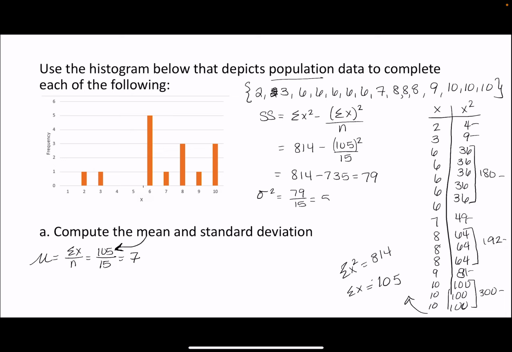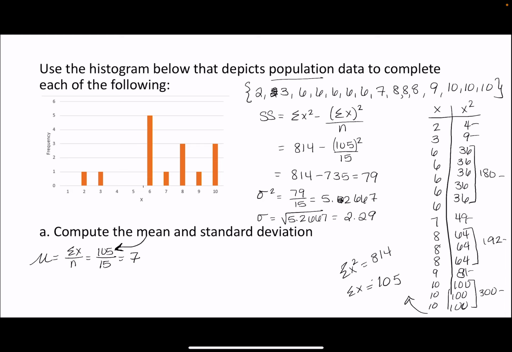That's going to give us 5.2, oops, let's try that again, 5.2667, and then to find our standard deviation, we're going to take the square root of 5.2667. And we should get 2.29. Might be off a little bit on that one,